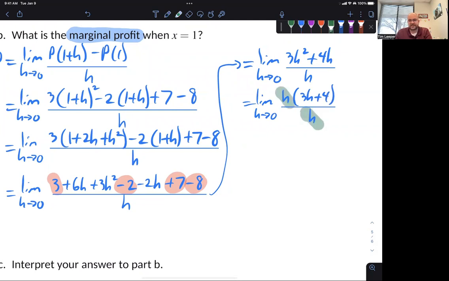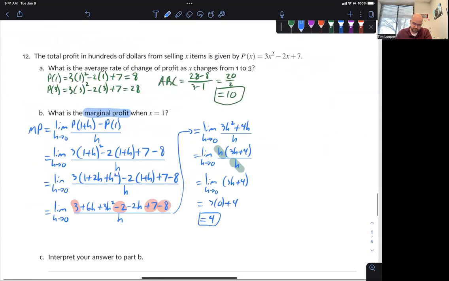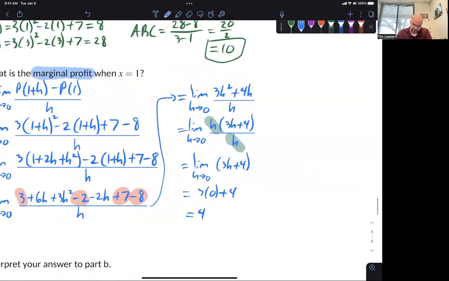And of course, this H and that H cancel each other. So we're simply left with the limit as H approaches 0 of 3H plus 4. And now I can plug in 0 for the H. So it's going to give me 3 times 0 plus 4, which is 4. There we go. So notice that the marginal profit at x equals 1 is 4, and the units here would